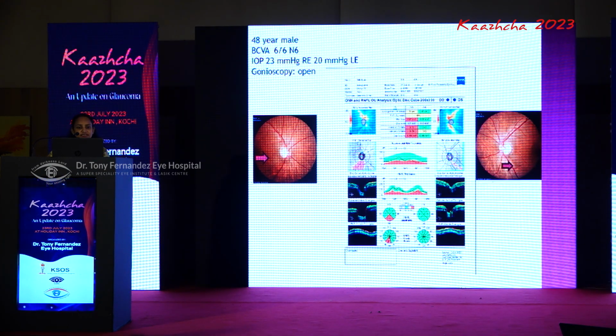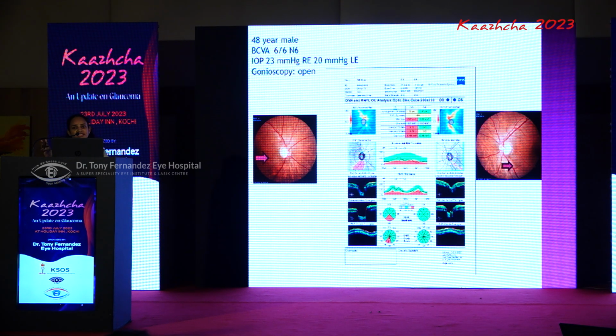So let's see one example. This is the OCT printout of a 48-year-old male patient. Intraocular pressure was 23 and 20. You can pick up the RNFL defects in the fundus photograph and analyze the corresponding changes in the OCT printout. In the RNFL deviation map, these wedge defects have been picked up, but when you come to the quadrant and the glaucoma map of the left eye, even if there was a wedge RNFL defect over here, it has been missed out in the glaucoma and the